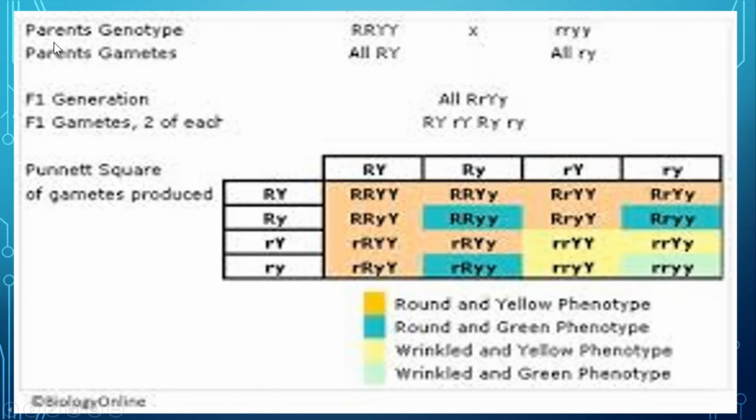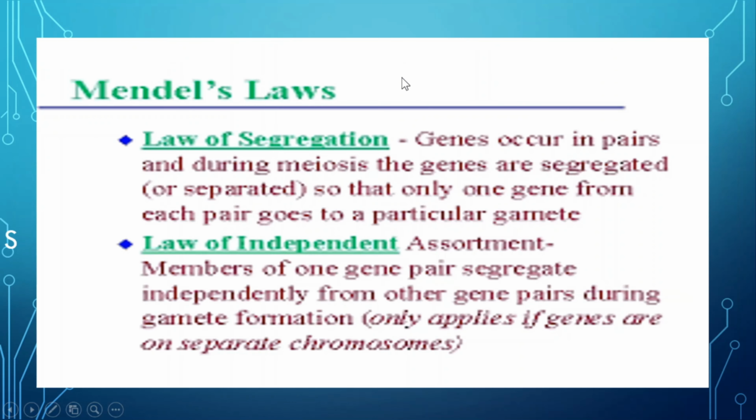In this figure, we can see the explanation of the third law of Mendel, the third law of heredity. Here we can see that two pairs of characters are taken into account at a time, that is round as well as yellow. The shape of the seed, round, is dominant over wrinkled, and the yellow color is dominant over green color. And in the gametes, half the number of alleles enters.